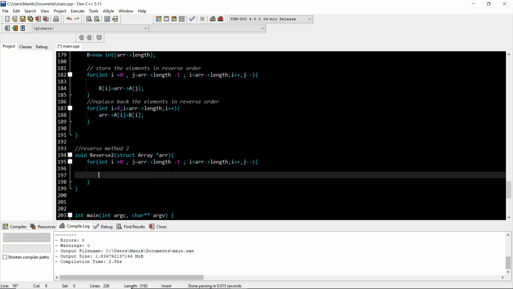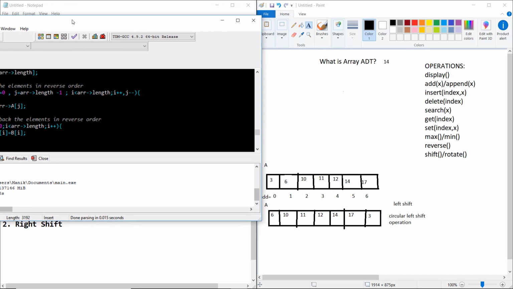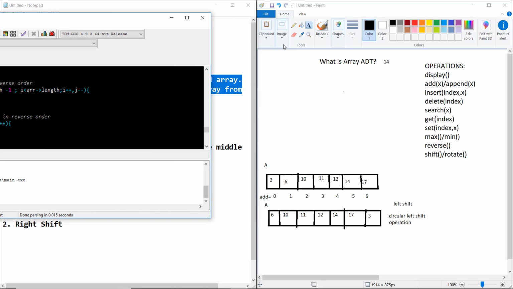So what is our logic? Our logic is that we go until the mid. Let me first draw this thing. We create two pointers.